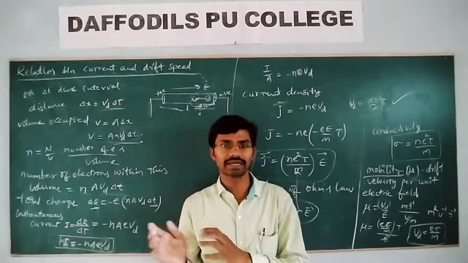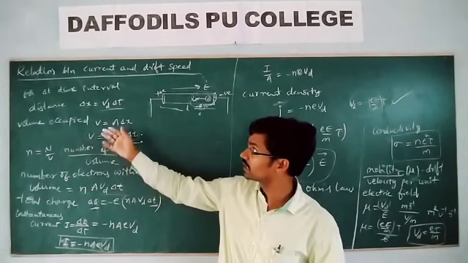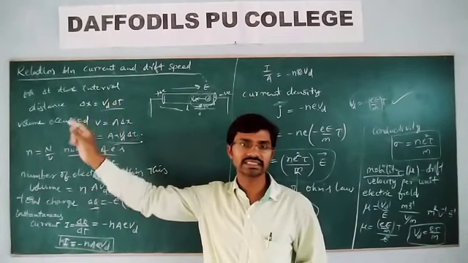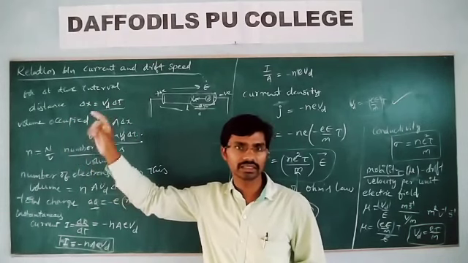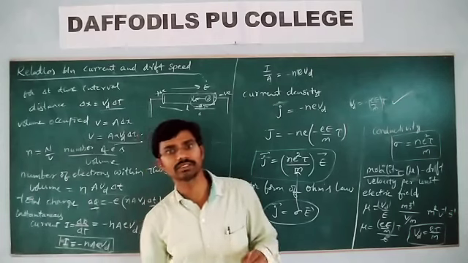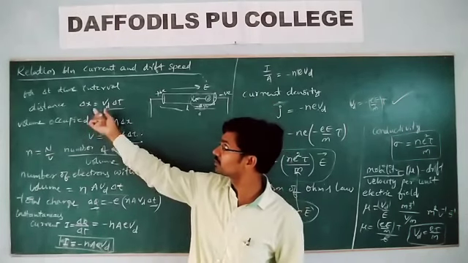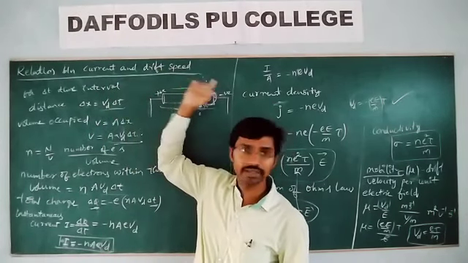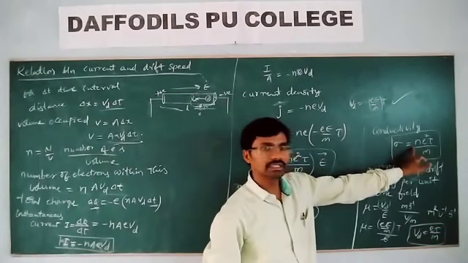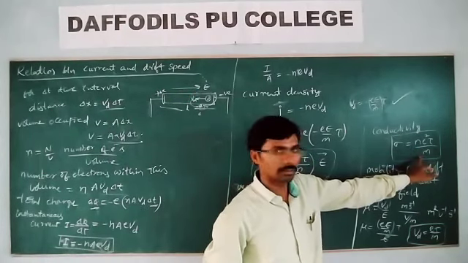So we have seen the vector form, and from that we derived the relation, including what do you mean by the drift speed, relaxation time, and the expression for the drift speed, Vd is equal to minus E by m into T. Thereafter we derived the relation between electric current and drift speed. Finally we arrived at the relation for conductivity, sigma is equal to N E square T by m.